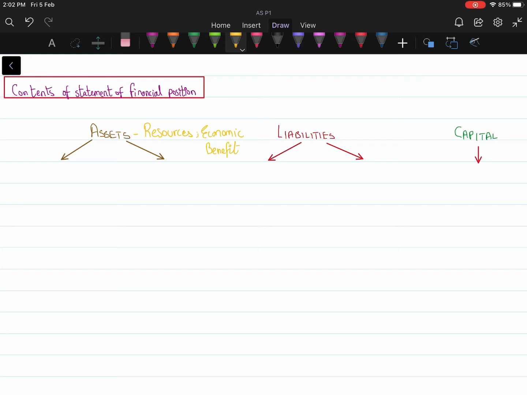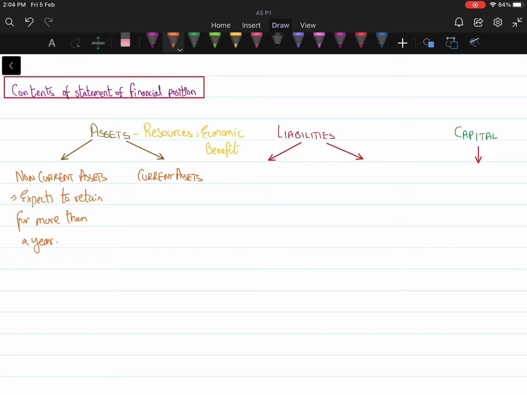Just like any other classification, assets can be divided into non-current and current assets. The non-current assets would be those resources that the business would expect to retain for more than 1 year. The economic benefit obtained from such non-current assets is going to last for more than 1 year. You have a building that is a source of office operation. You have a van that is being used for transport. You have equipment that is being used for communication.